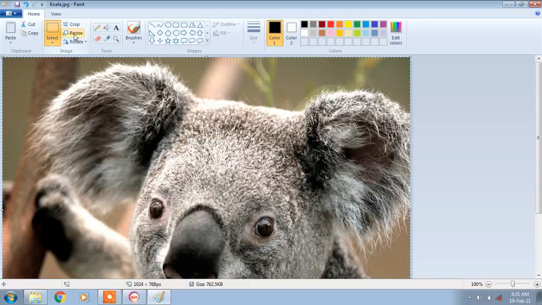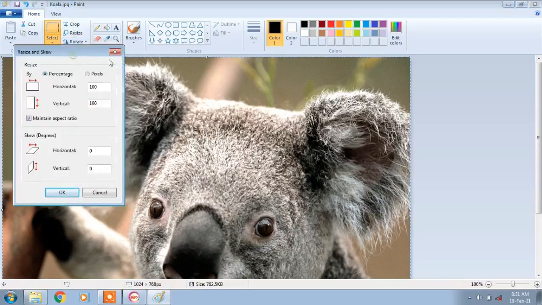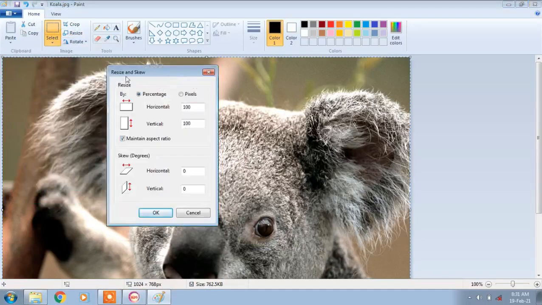First click on the Resize option. When you click on it, you will get a Resize and Skew dialog box, where percentage and pixels are given. You can specify the value either in percentage or in pixels.